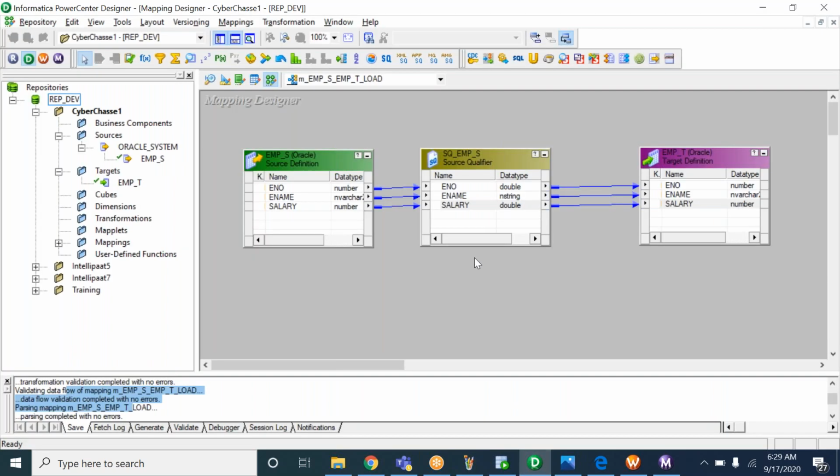Fine. Now in today's session, we'll start with the source qualifier transformation. After drag and dropping the source definition from the sources folder, here in the sources folder we have only the source definition. But when we drag and drop that source definition into the mapping designer, automatically along with the source definition, a source qualifier will be created. Source qualifier is one of the transformations. We have transformations in Informatica, and source qualifier is one of them.